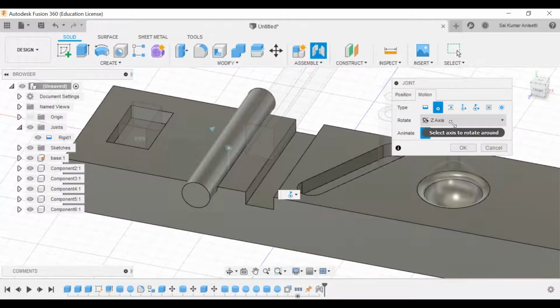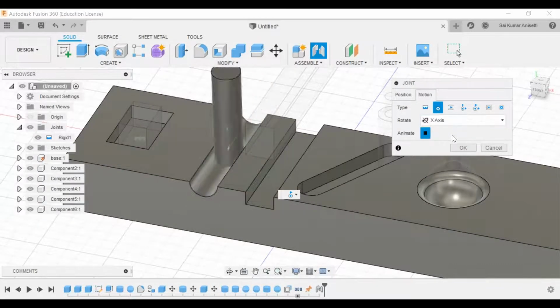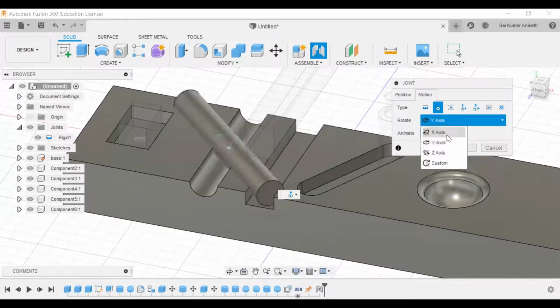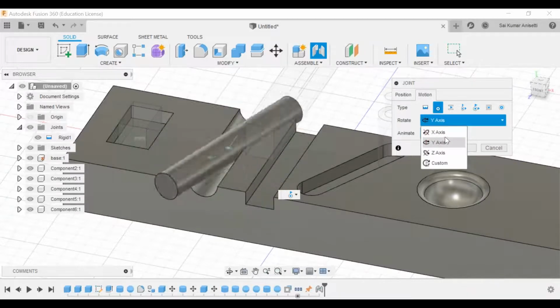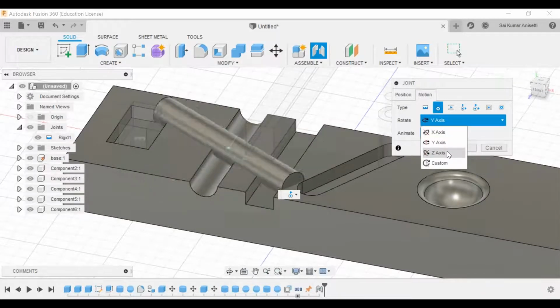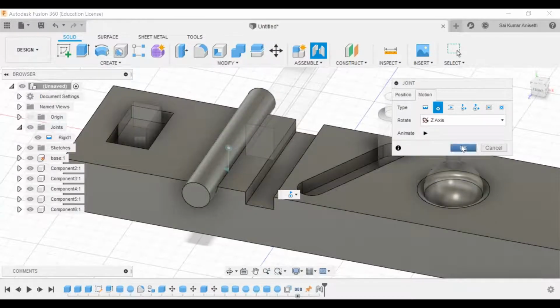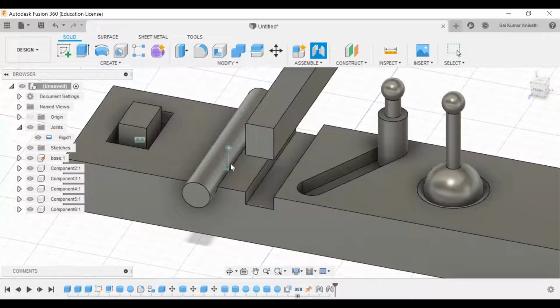Now if you want to change your rotation, you can change around this rotation. See, this is your rotation along the z axis, rotation along the y axis, but you have to keep in mind that you have to select your perfect axis, that is the z axis. Check your animation, if it is right, then click preview. That is how you are going to check. Click OK. Fine. Now another joint, revolute 2, has been created.